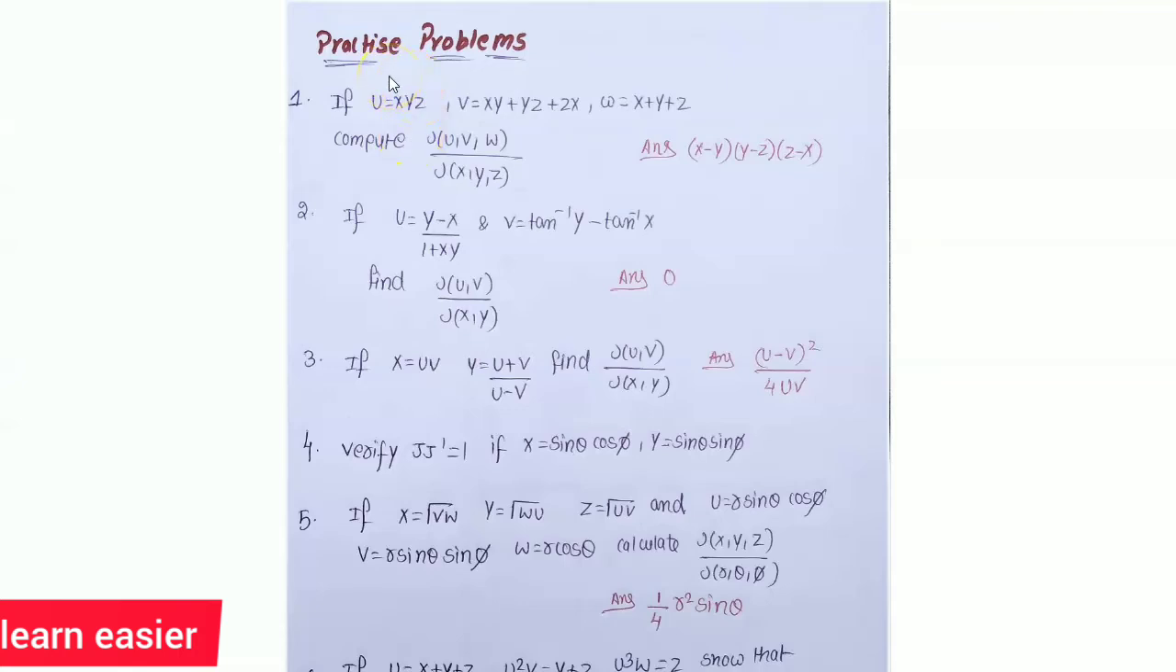Here are the practice problems. Test yourself by practicing these problems. Here is the first problem. So here you have to find out the Jacobian, which is ∂(u,v,w)/∂(x,y,z),